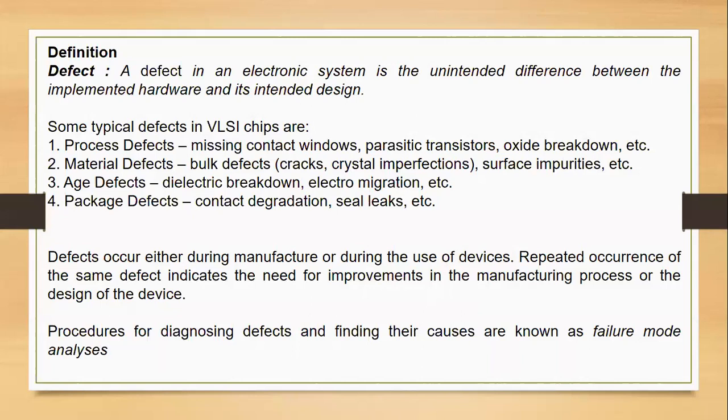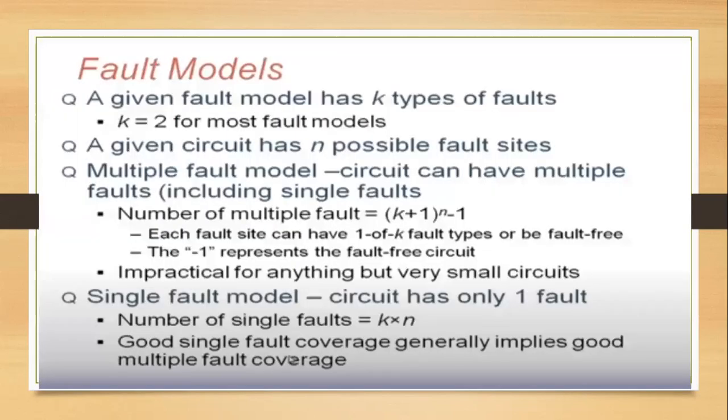In VLSI chips, defects mostly occur either during manufacturing or during the use of devices. The repeated occurrence of the same defects indicates the need for improvements in the manufacturing process or the design of the devices. Mostly the defects occur at the manufacturing level itself, whether the component is repeatedly used, packaged, or damaged, or there are changes or improvements in the devices. All this comes under defects occurring in manufacturing. The next one comes out with the